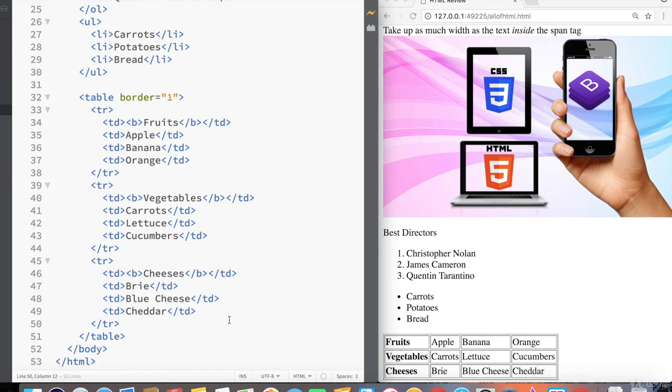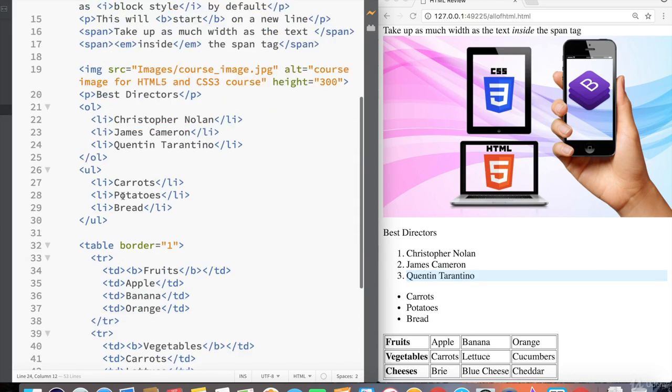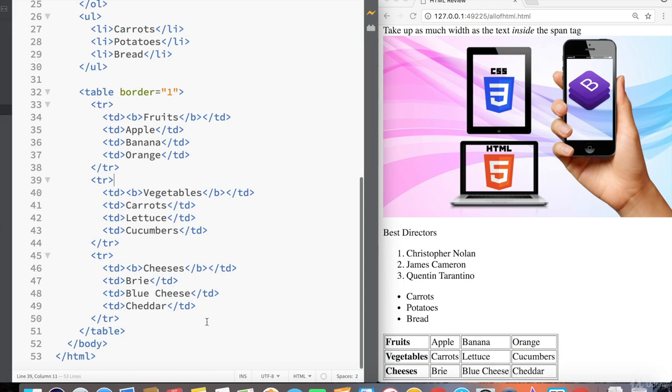And nesting tags can be done with lists, with tables, and various other different elements. We can nest images inside of tables to create a photo gallery. Now let's get into HTML5, starting with the video tag, which allows us to just embed a video right inside